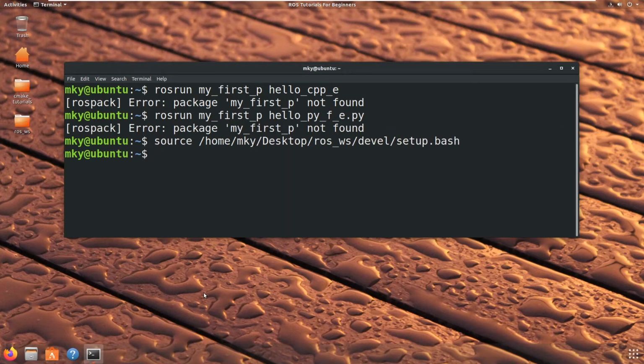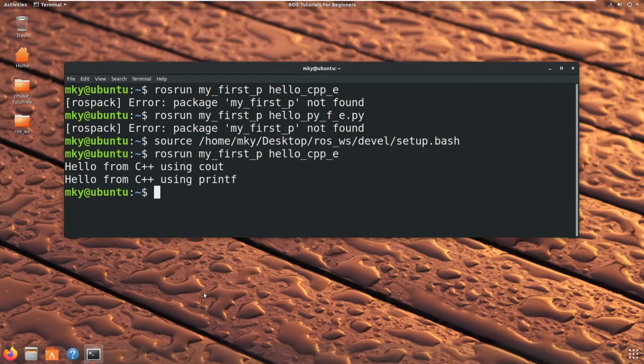And now we will execute the C++ and Python executables one by one. And as you can see, we are getting the correct output.